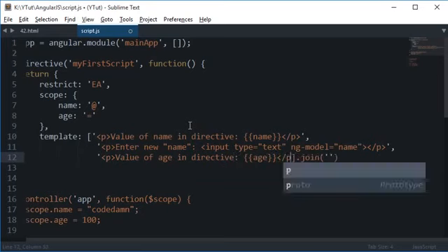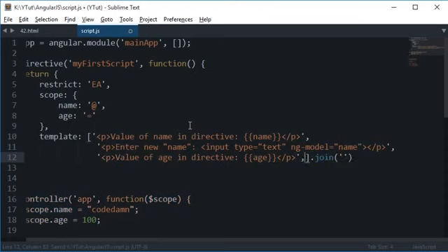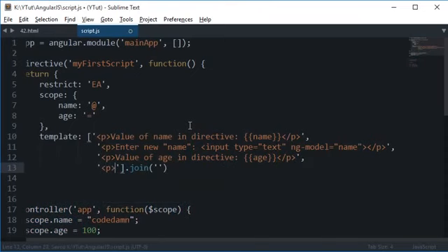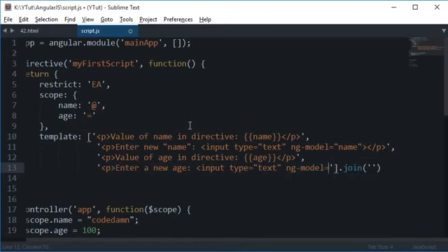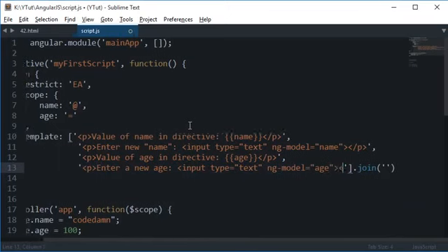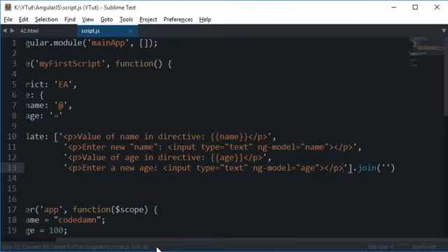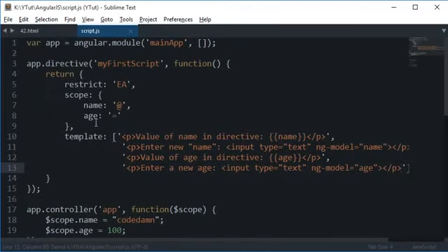Seems good. But here's the rub. When you enter a new age in an input of type text or number, whatever, model age, what would happen is that because this is a two-way bind, the equal to sign, this would